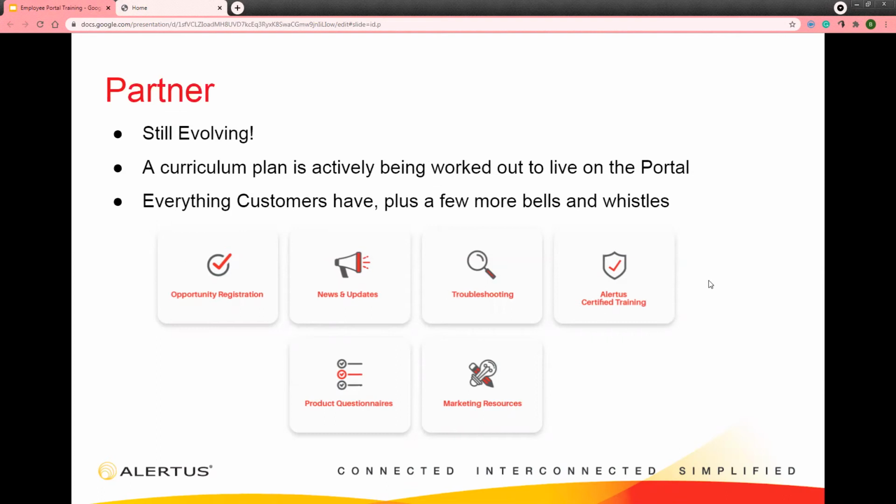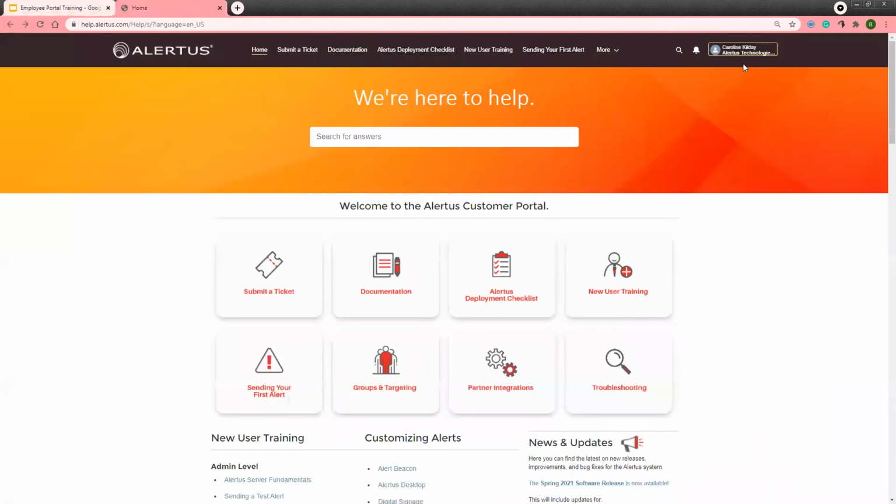To that point, the Alertus certified training is going to expand out considerably. Right now, it's just the stuff from the old portal. But these other bells and whistles are here and available for our partners. As we stated before, they also have all the articles from customers that are logged in as well. Let's go ahead and take a look at what a partner sees when they get into the